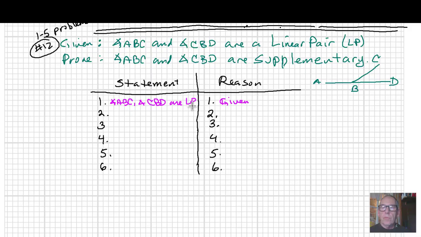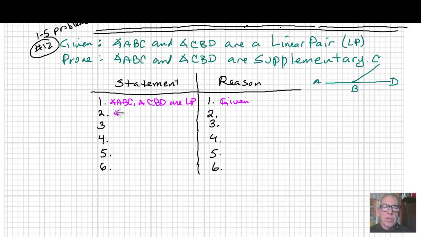Okay, so as a definition of a linear pair, that means that angle ABC plus angle CBD, the measure of ABC plus the measure, let's see, how could we do this? They're a linear pair. Let's note that